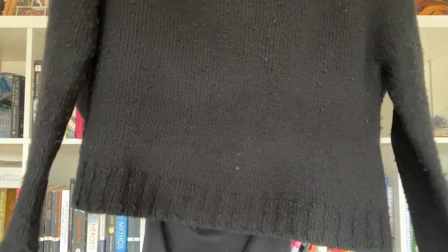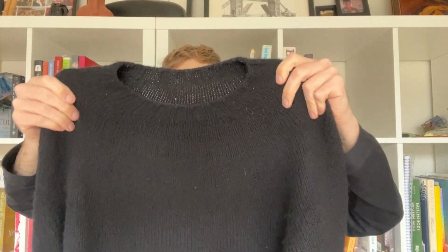Drowning in Yarn recommended this back in the day, so I went for it. And it's just a top-down yoke sweater, and it fits well. It fits really nice. I don't really have a whole lot to say about the sweater itself. I did knit it a bit short, and this is what I was talking about. I followed the instructions, and I still think it's a bit short. Also, my construction skills have improved, so the underarms are a little bit holey, and the bind off on the sleeves is a little stretchy, but it's just a stockinette top down yoke sweater with a flat collar,